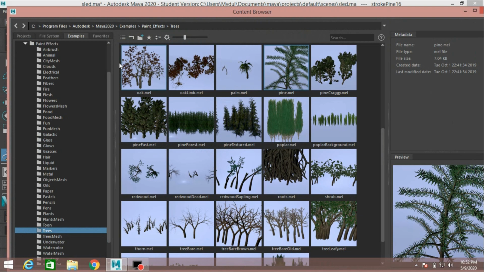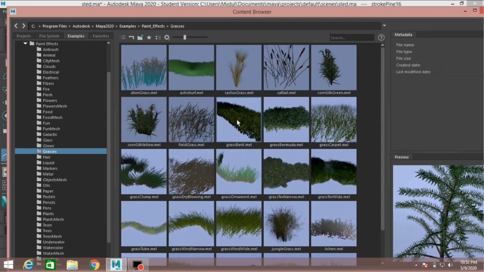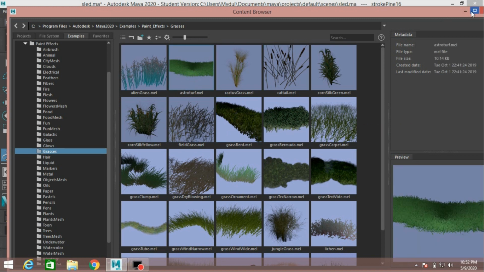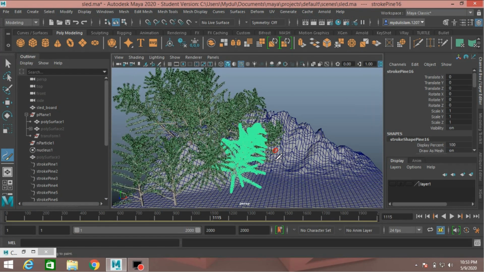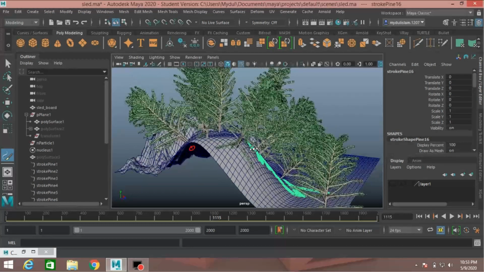Again, open the content browser, select grasses, select this grass bent or astroturf, and paint it just like this.